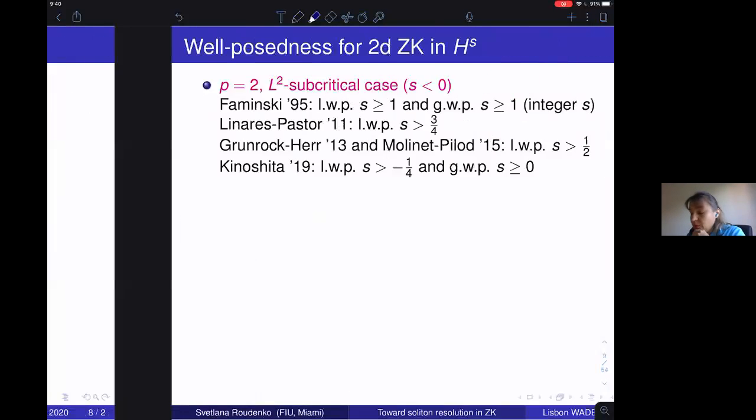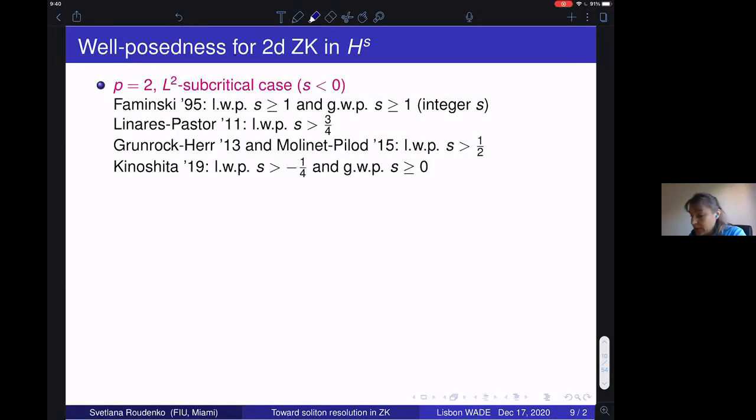Before we can talk about the solutions, of course, we need to understand what the solutions are. And one of the things here is the well-posedness, which includes existence, uniqueness, and some kind of dependence, usually continuous dependence on the data. So if we start with p equals 2 in the ZK equation, remember we had ∂x1 of u^p, that's the nonlinearity, and p equals 2 would be the standard case, like in the KdV or the standard ZK equation, the square.